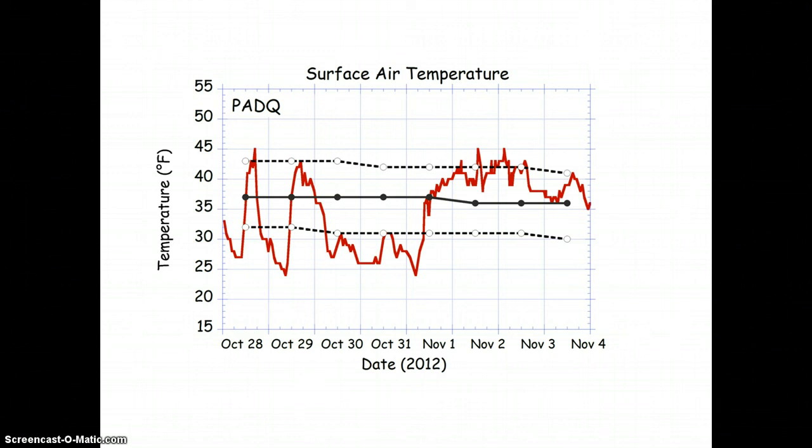Something that I found interesting when I was looking at the surface air temperature and then the humidity plots, it looked like there was somewhat of a pattern relating the two. As you can see here, the beginning of the week has larger variations and higher spikes, and then it kind of drops down here midweek and then comes back up with lower variations towards the end of the week.